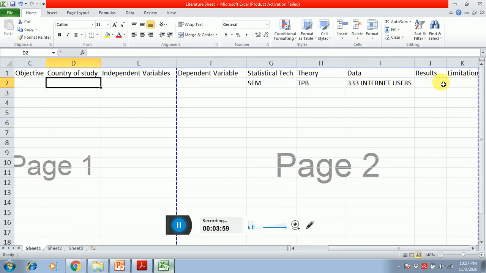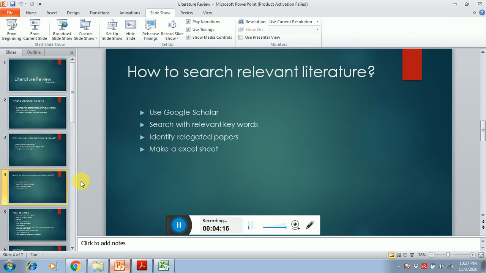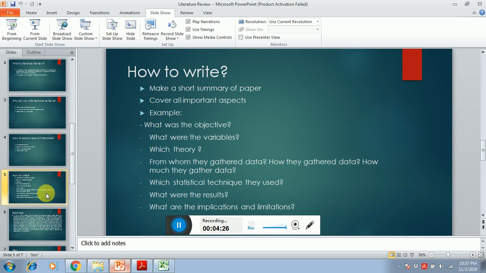You also have a clear idea of how many independent variables were used in addressing a particular dependent variable, what theories have been incorporated in past literature, and you can see the countries as well. After this you will be able to develop your research model by addressing all the limitations or the specific limitations.